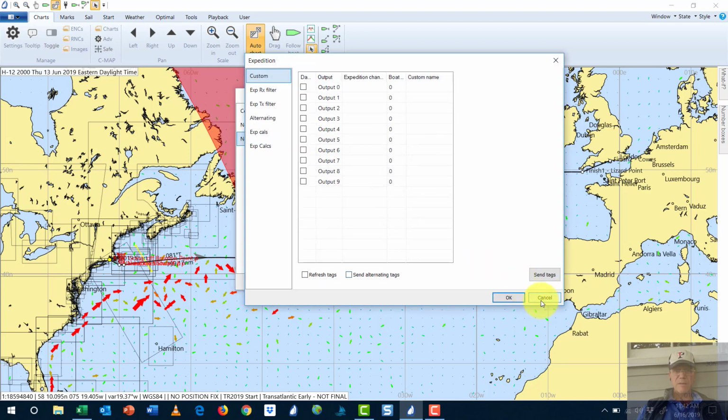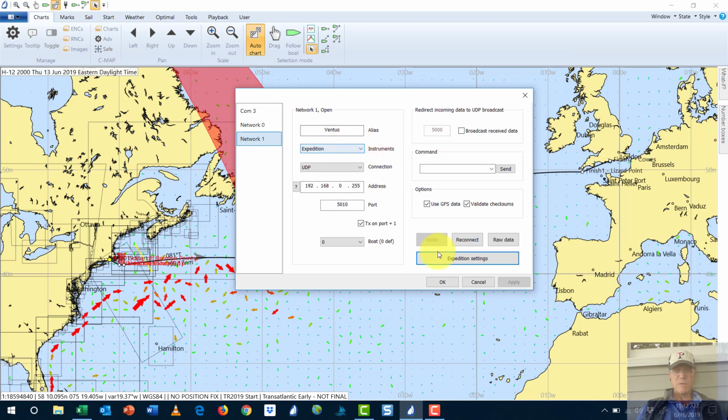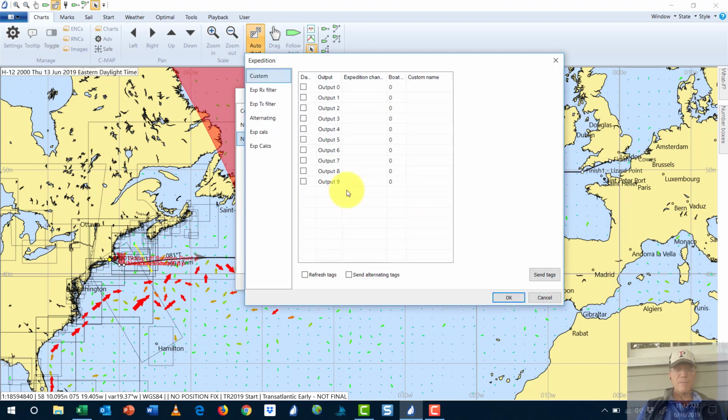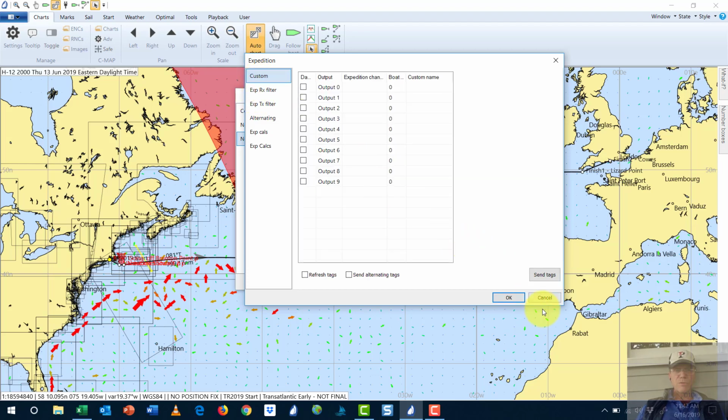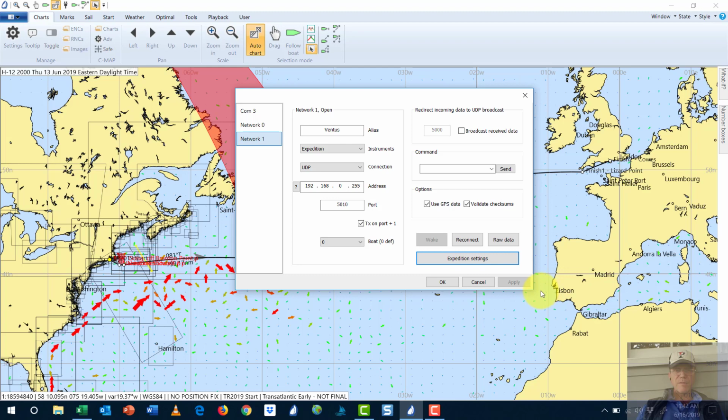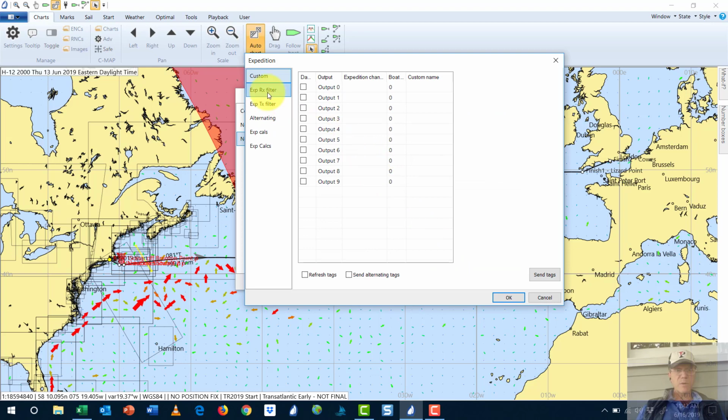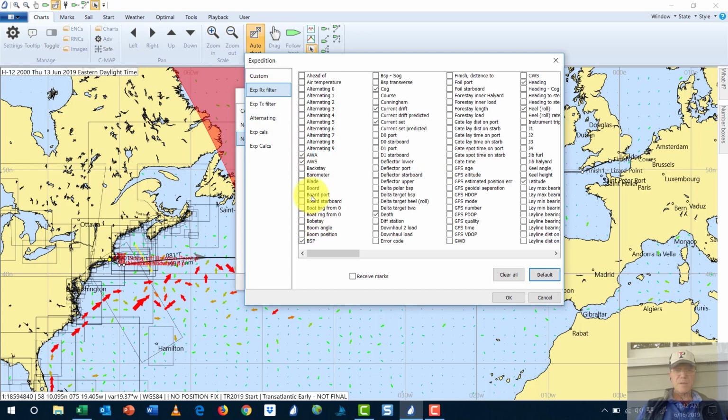Wait a minute, did that say Ventus before? Anyways, Expedition settings. Ventus Expedition UDP, 192.168.0.255, port 5010, transmitting on port +1. Expedition settings. Okay, well, let's make a note of this. So we've got receiving AWA, AWS, COG, current drift set, depth,